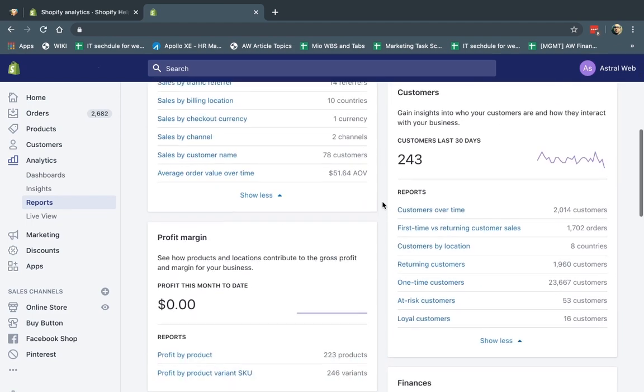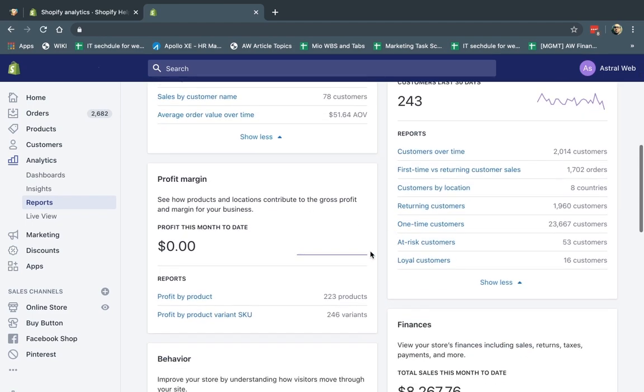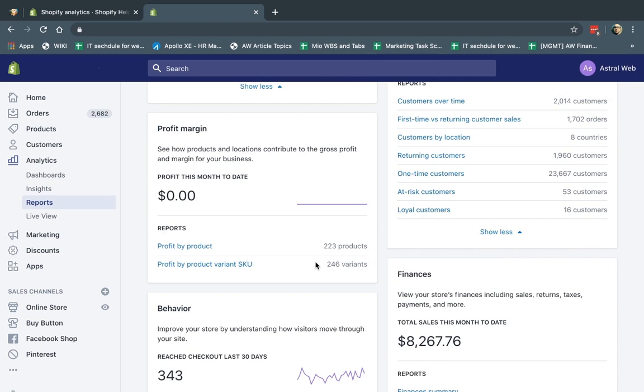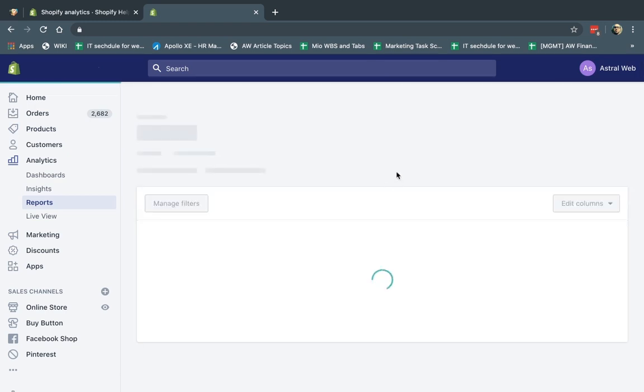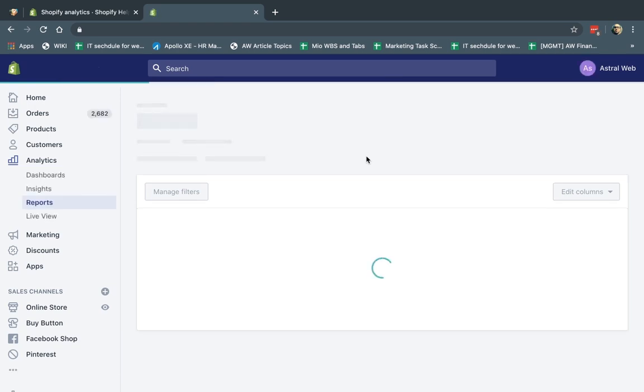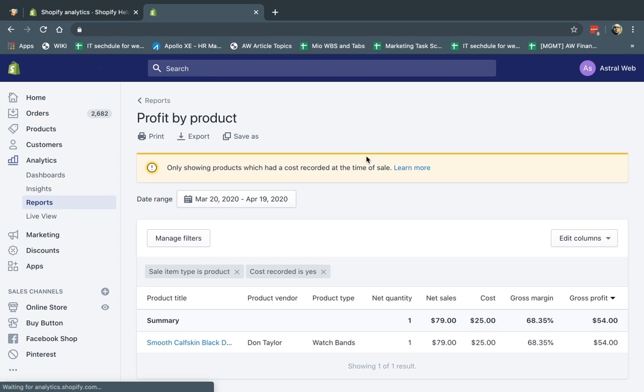Okay, so right here we have customers, we have profit margin. So the reason I don't have data on profit margin is that in order to have the profit data, you have to make sure that your products have the costs in them. When you edit a product, if you have the cost, you can have this data. Right now, we don't have anything here, and different businesses run in different ways. But if you input that, you can have very, very nice reports to help you decide how to price what's being sold, profit margins. Here, I only have one product that actually has cost in. But if you have more, you'll actually have a lot of data. This is very helpful for your business side.